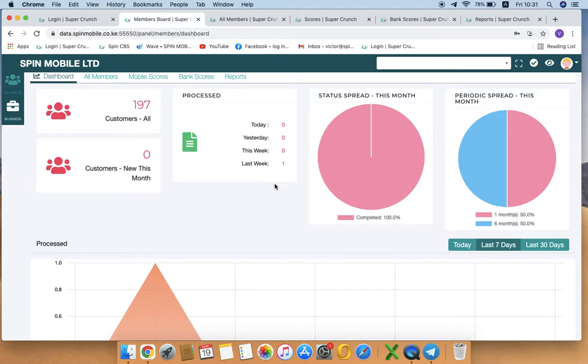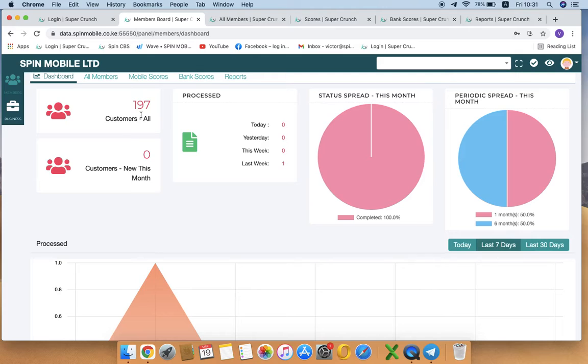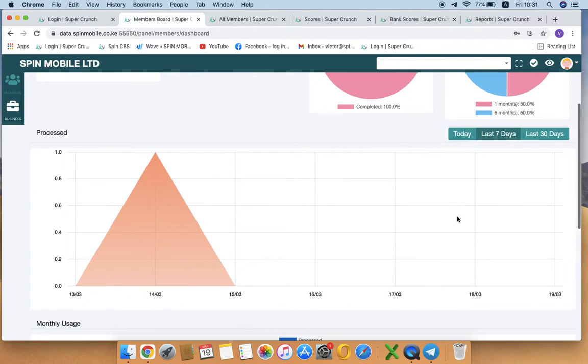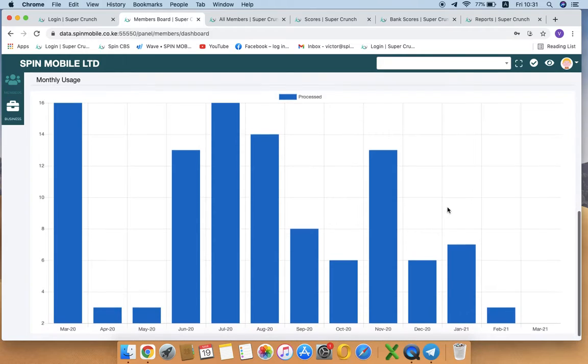The dashboard is purely statistics, so really nothing much here. You can see how many people have forwarded their financial statements for analysis, how many have been processed today, yesterday, the periodic. You can have a statement which is 1 month, one which is 6 months, one which is 12 months, depending on the type of the financial statement. You're also able to track the statements that have been processed in a day, last 7 days, last 30 days. And if you want to see the monthly usage over a period of time,